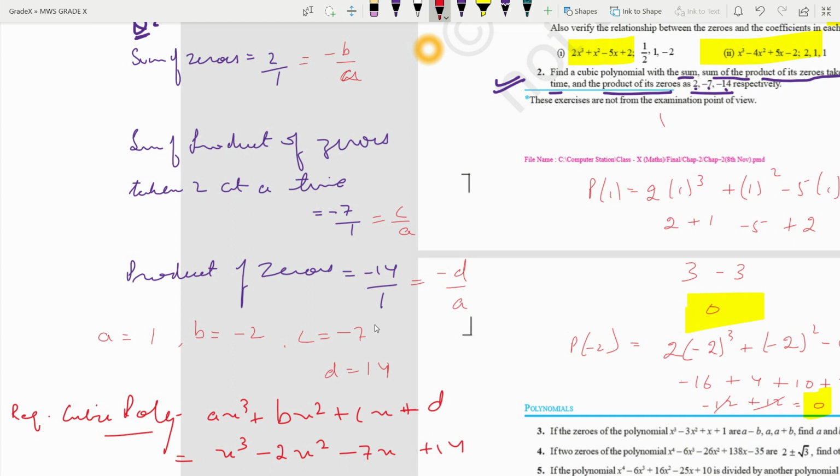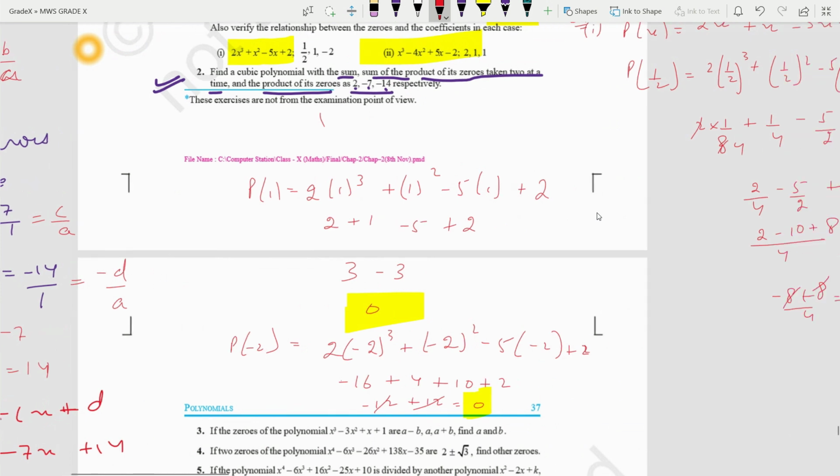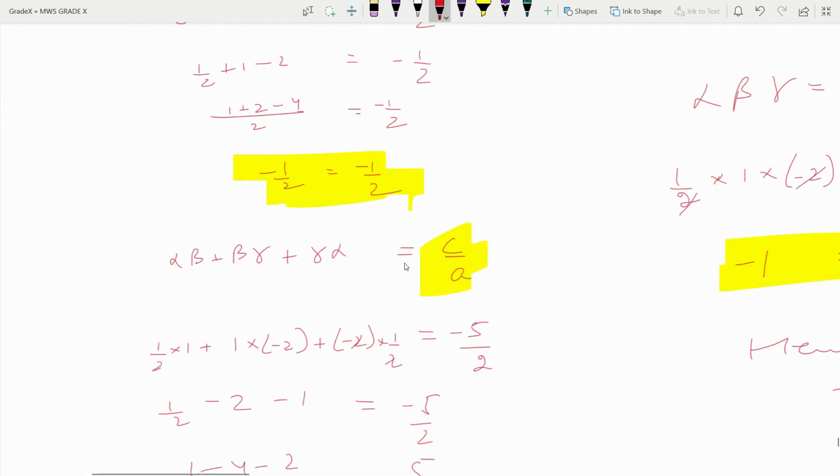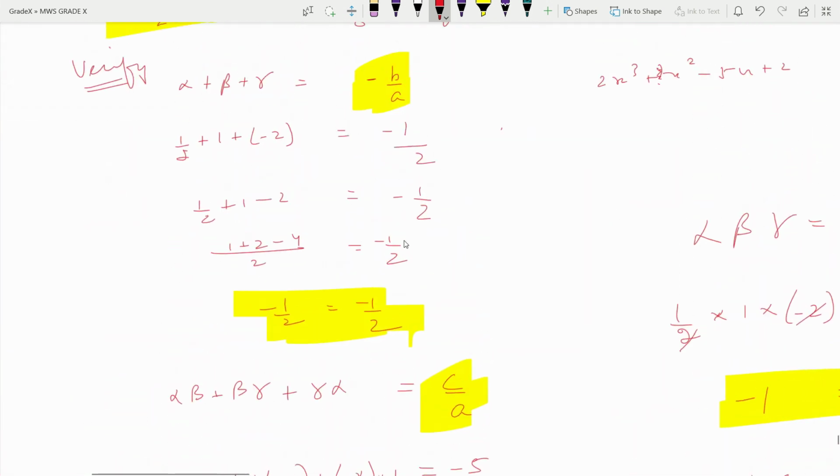Okay, is it clear? If the denominator is not same, then we have to make the denominator same of all the three. After that we have to write these all three formulas. Because of this reason only I have not told you this kind of verification, where we are solving both the sides.